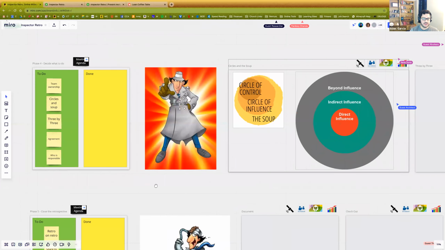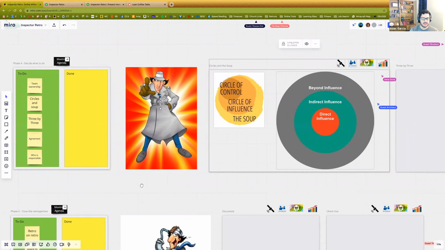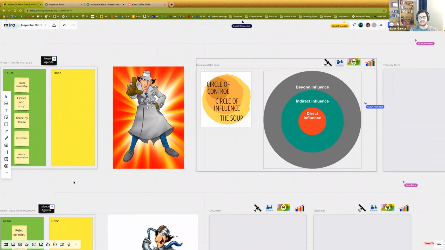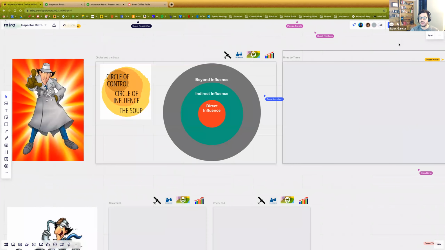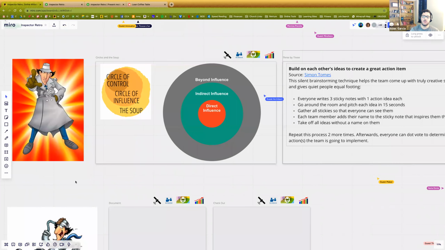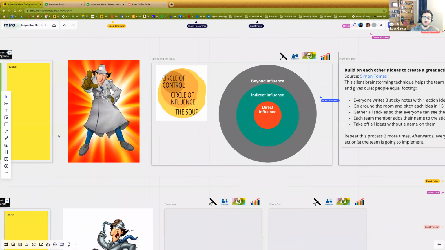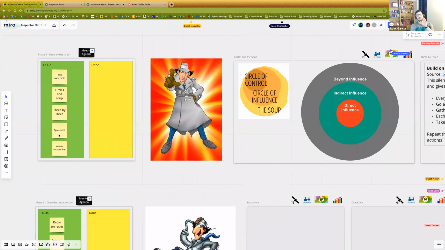Other things I want to say here, 3x3 is an exercise. I'll make it visible so you can see it, but let me close this section by saying this. You need agreement on what the team is going to do. What the team is going to do, agreement over here, is really important. If one person says, we really all need to show up on time, and everyone else goes, that's just Bob. He's just like that. He just always wants to show up on time, and no one else agrees, you're not going to see change on the team. The experiment you decide to run, the actions you decide to take, the team needs to agree.